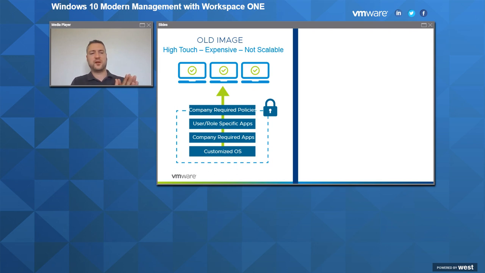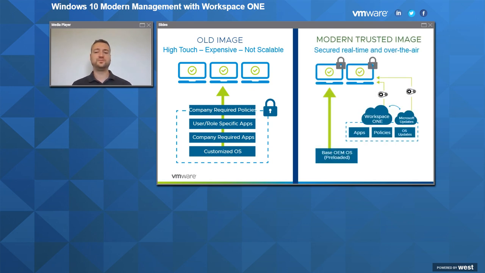And if you think about that compared to what you do with something like an iPhone, it's very much, here you go, enroll, it's done. And so this is where you can start to see that big difference between the old PCLM way of managing Windows and desktops compared to the modern way. That doesn't have to be the case, though, with Windows 10 and API-driven management, because with Windows 10, Microsoft themselves say, look, you've already got a perfectly good image on that machine.